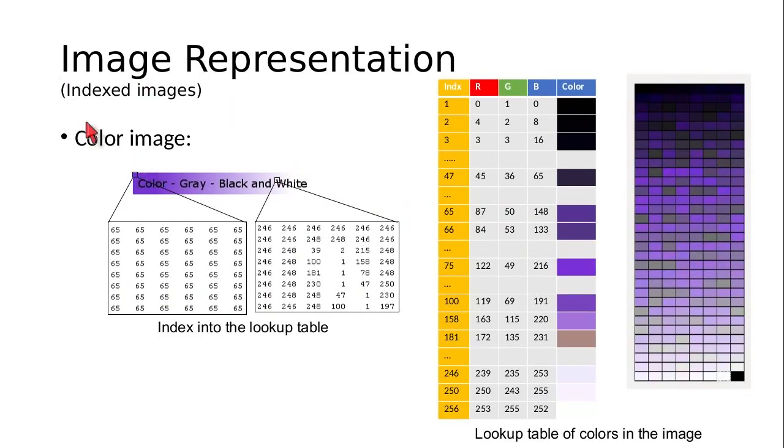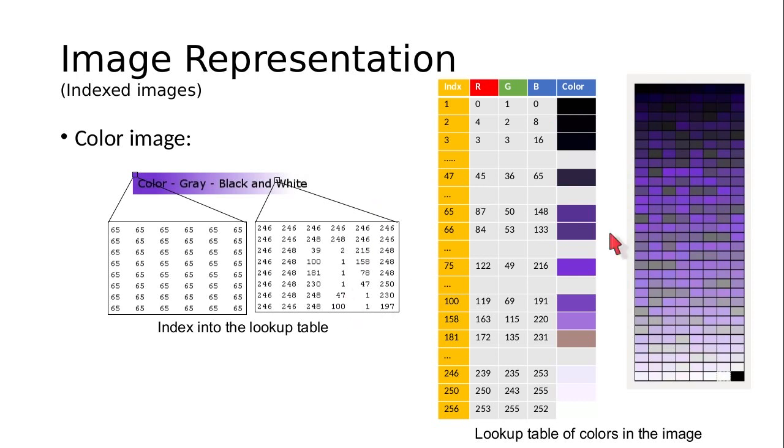What you do in indexed images is, the first pixel, or rather all the pixels in this region, each pixel in the image is storing only one value, and that value is an index into a dictionary, and this dictionary tells you what is the RGB value. So for instance, the pixel here corresponds to the index 65, and 65 is 8750148. The pixel here, the top portion of the W, corresponds to index number 2, and this is an RGB value of 4, 2 and 8. The index of this pixel is 1, and that is 0, 1, 0, and so on and so forth.